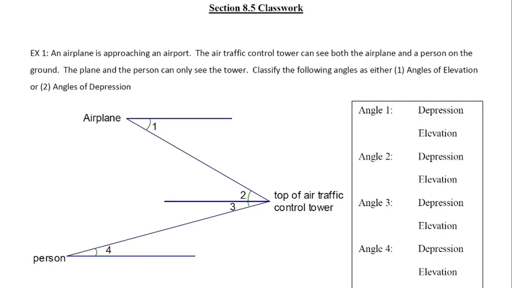Alright, we're going to just talk about how to solve these problems in this packet. Not necessarily give you the final numbers, but just go over how to do them. So angle of elevation and depression are always from horizontal, and the key is whether you go down or up. So if it's horizontal down, it's depression. Horizontal up, it's elevation. Angle 3 is horizontal down, which is depression, and angle 4 is horizontal up, which is